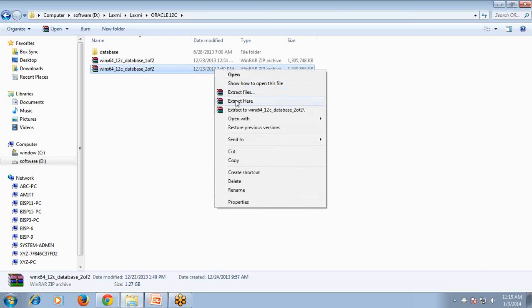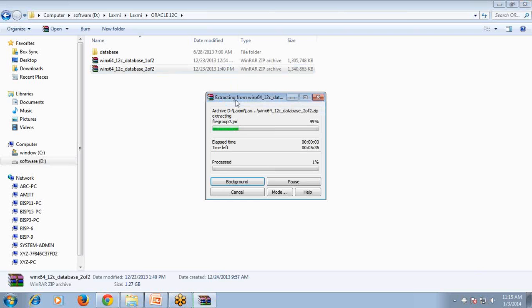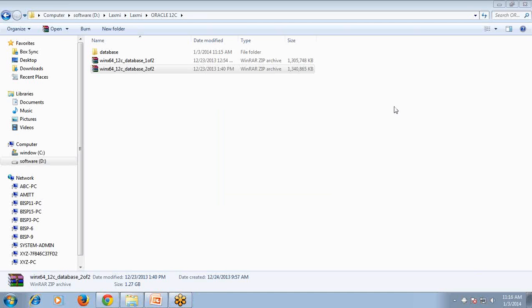You can click on Extract here. If you do this, both the zip files would get extracted in the same folder, that is database. As both the zip files get extracted in the folder named database,